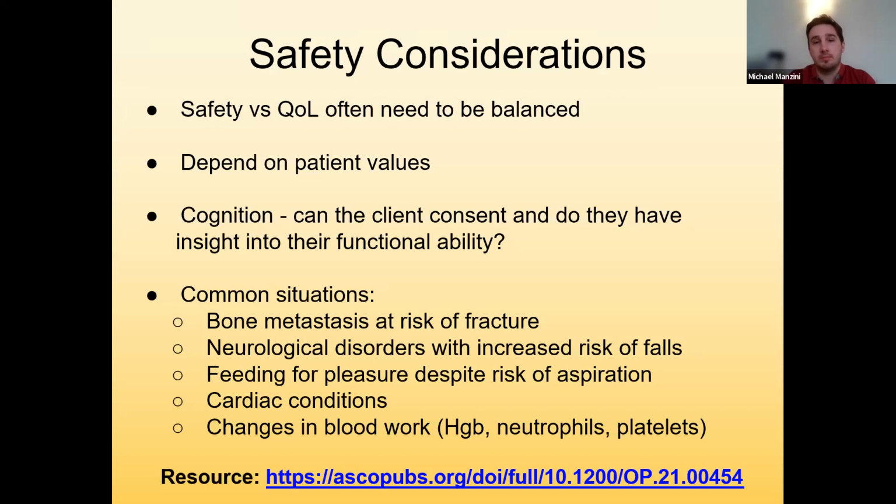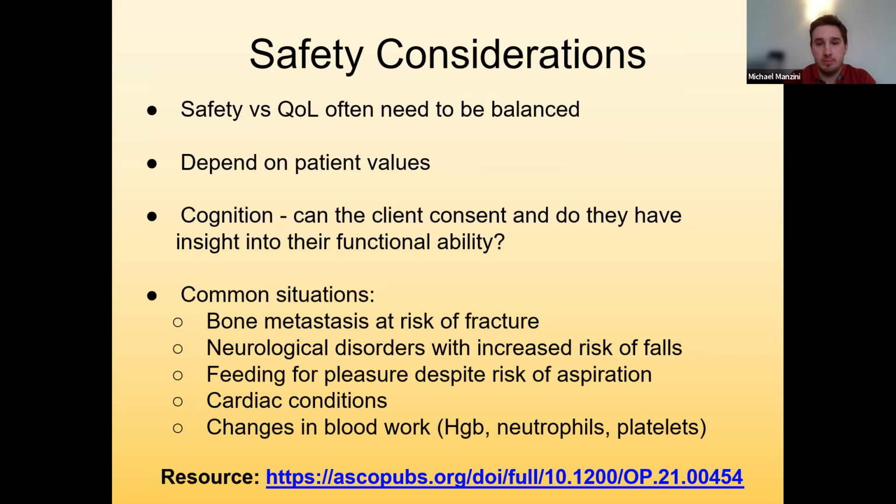Neurological disorders also increase the risk of falls. So again, use of gait aids, fall prevention strategies, and assistance when transferring and mobilizing are all ways that we reduce those risks. Cardiac conditions, again, call for monitoring heart rate, oxygen saturation, and pacing strategies to reduce the adverse risks, and being aware of blood work and changes, especially with certain blood cancers like leukemias or lymphomas that could impact